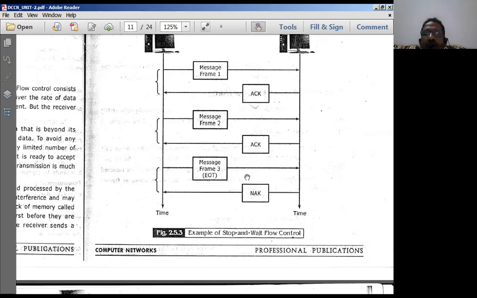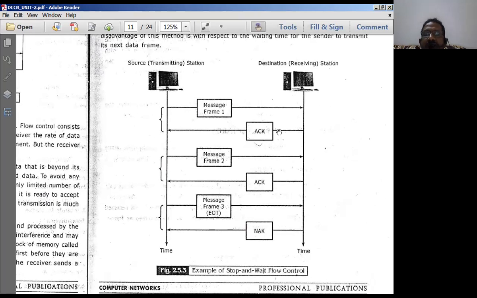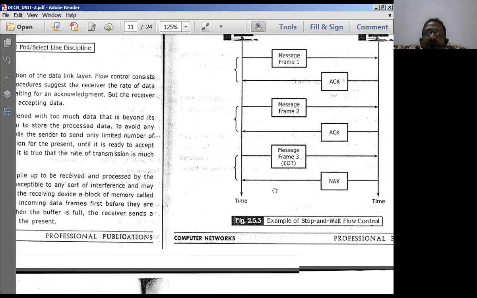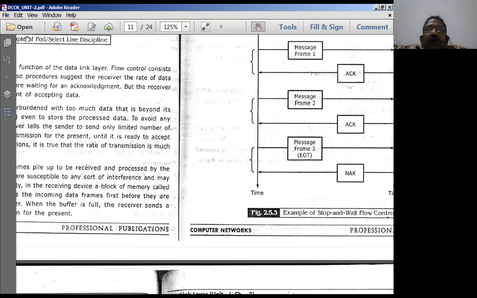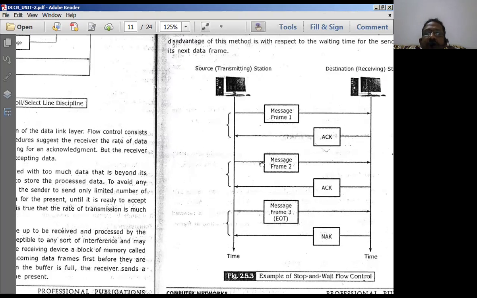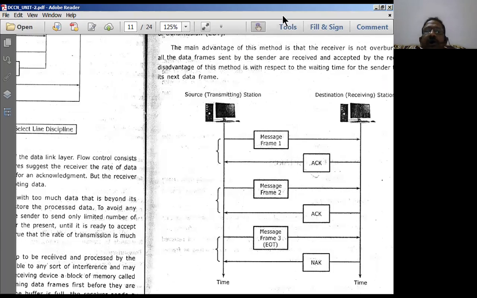That is called end of transmission, sent to station C. Then the receiving station is relieved from the receiving activity from the source computer, so that it can perform its own activities. This is what happens in the stop and wait method. It waits for a period of time until it receives the acknowledgement.